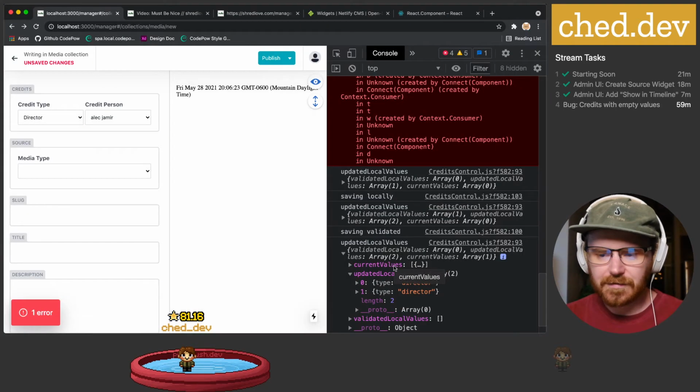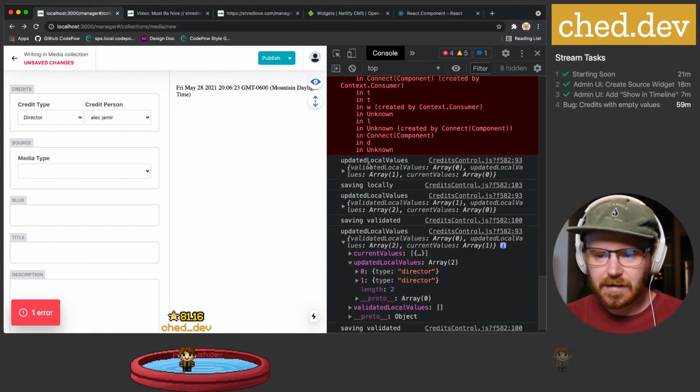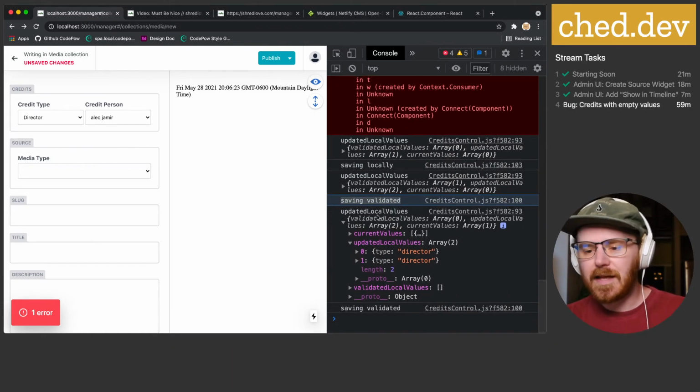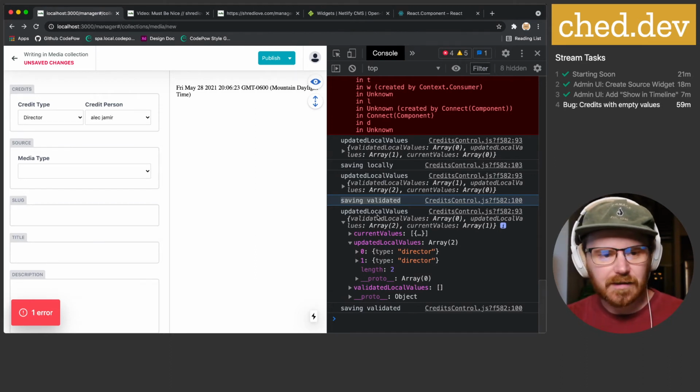Okay, so I kind of am confused there. So I updated it, it saved locally. I updated it again, it saved the validated one, and it had the extra row. So that everything was right. Then when I went to go change it after,